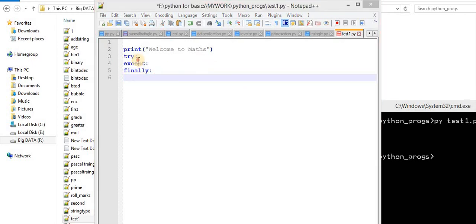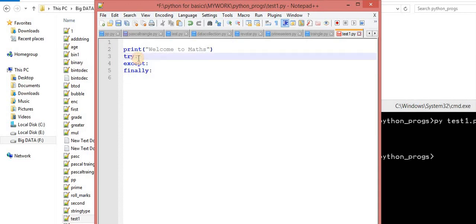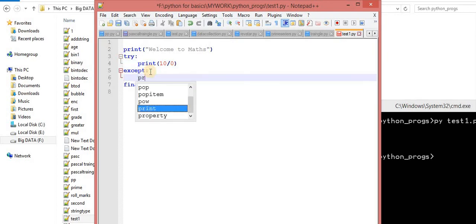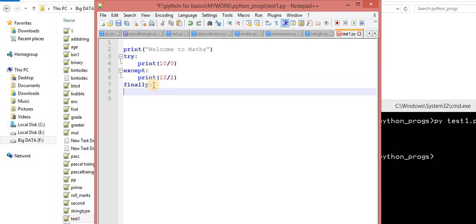Now understand this scenario. Inside try, I perform this action: print 10 divided by 0. Now inside except, again I perform this action. Inside finally I print this message, hello, I am closing connection.